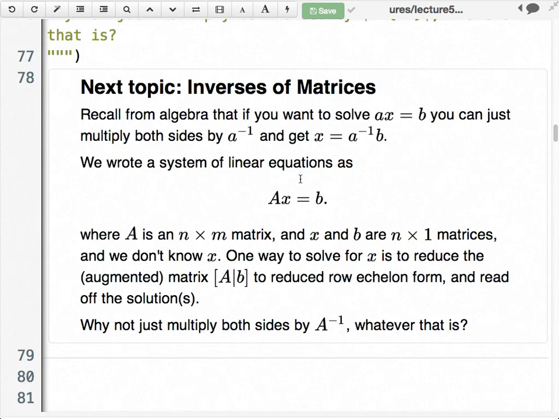An inverse of A, if it exists, and it need not exist, like the zero matrix doesn't have an inverse, if it exists, is a matrix B such that A times B is equal to B times A is equal to the identity matrix